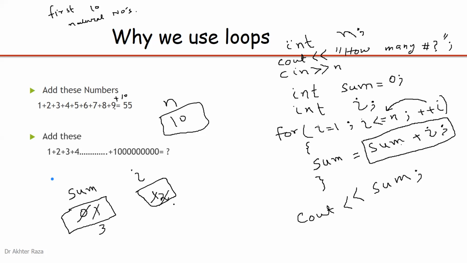Then it is increased by 1. It will be 3. 3 plus 3 becomes 6. Then it will be increased by 1. 6 plus 4 becomes 10. In the same way, it adds the numbers, and the final answer after completing the loop is 55. At the line where we have cout, 55 will be printed in the last statement. So this program does the total of all numbers within a loop, and finally it is printed on the screen.